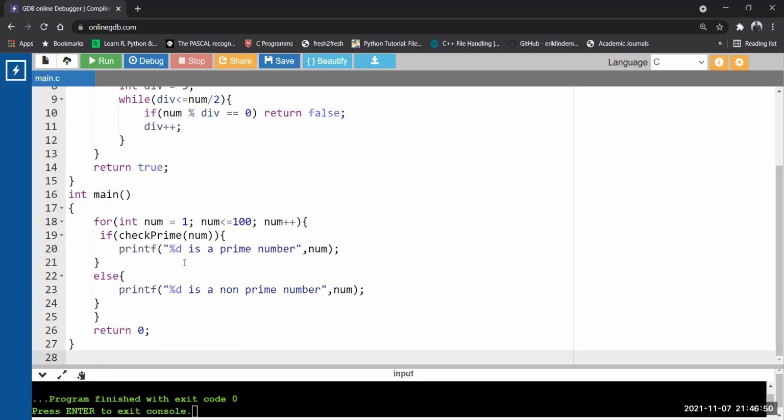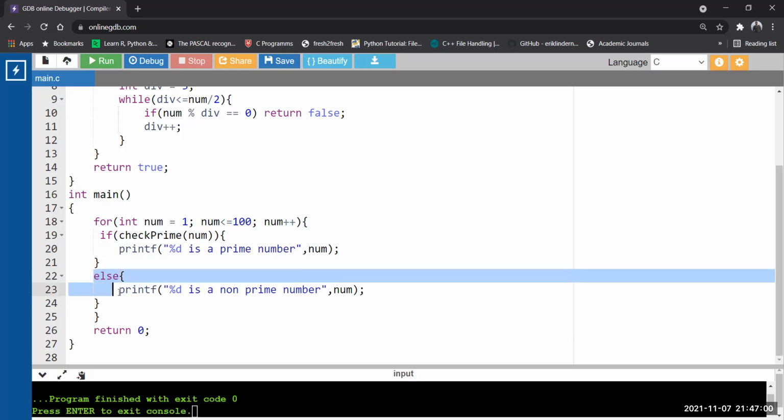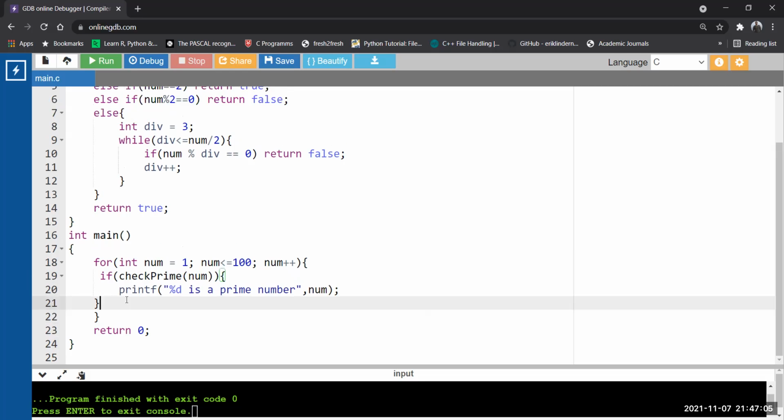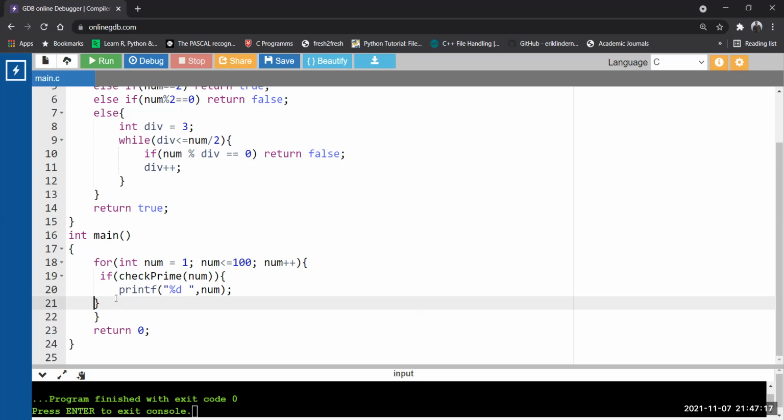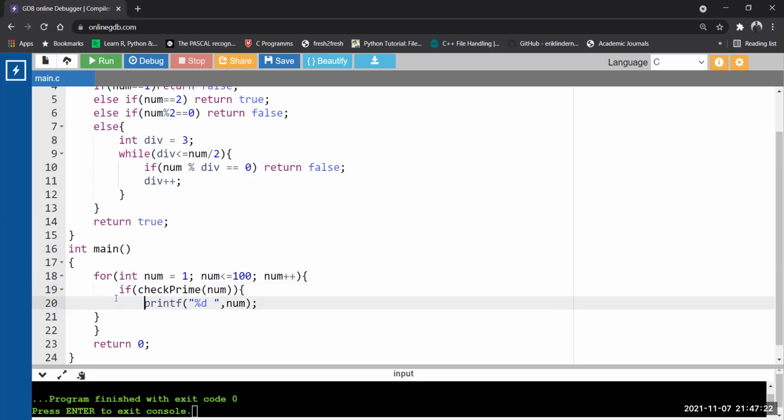Now it will print the numbers that are prime. Correct, it will print the numbers that are prime. So I don't require the else part now. I don't need to take care of the non-primes, only prime numbers it will print. So I simply need to print this number one by one. Now here you can see, I am using a loop. So from the loop, the numbers will be taken care of one by one, correct? So let's run.